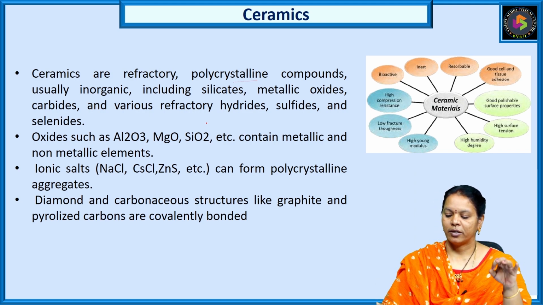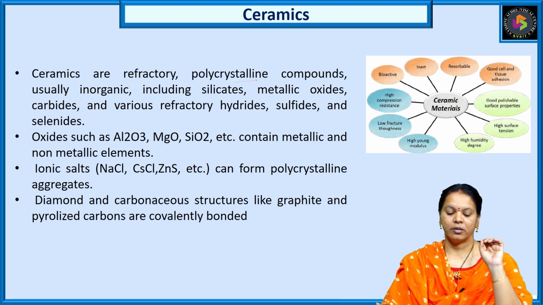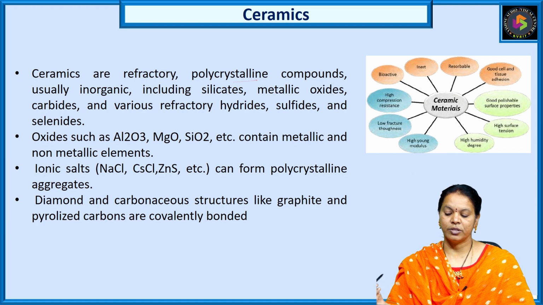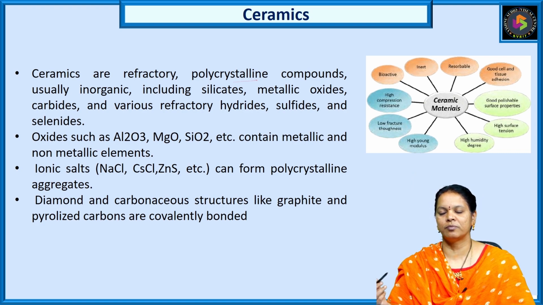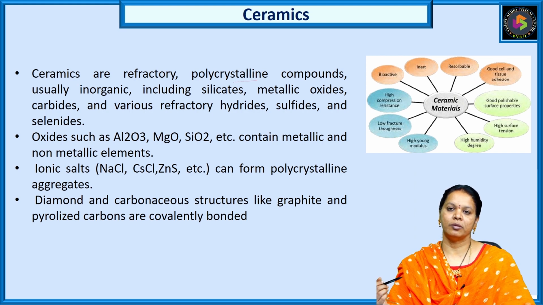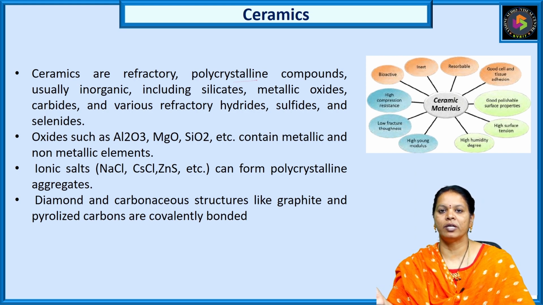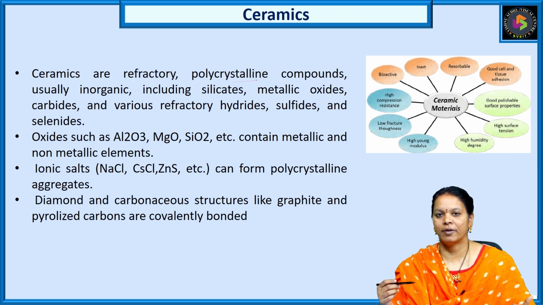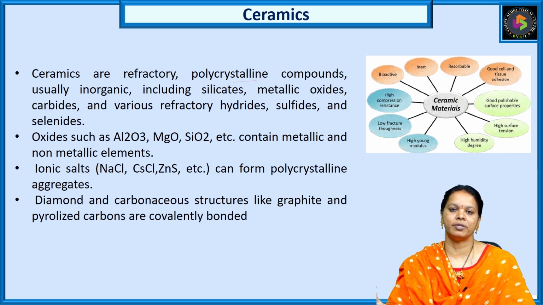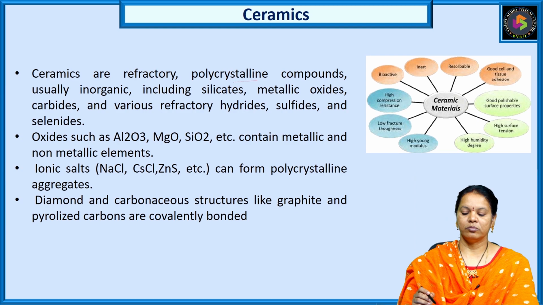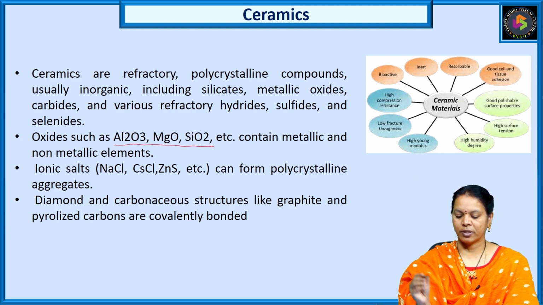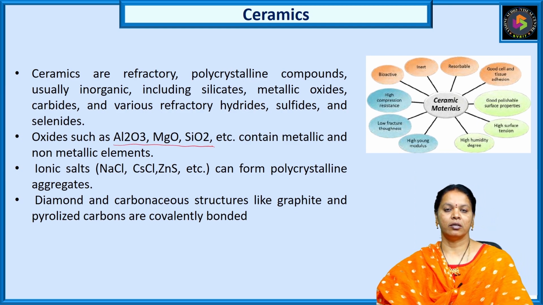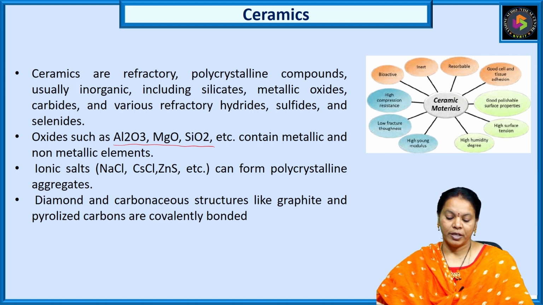They possess refractory properties, and they are used as metallic oxides, carbides. Like we can have this possible in different forms. So the materials will have a wide variety of applications, and they are available in a wide variety of forms, shapes, and all those things. The best examples for these are alumina, that is aluminum oxide, magnesium oxide, and